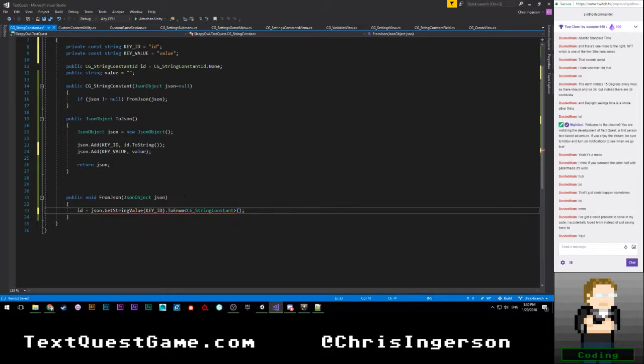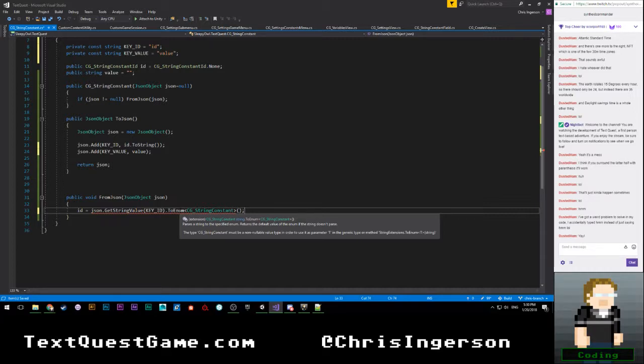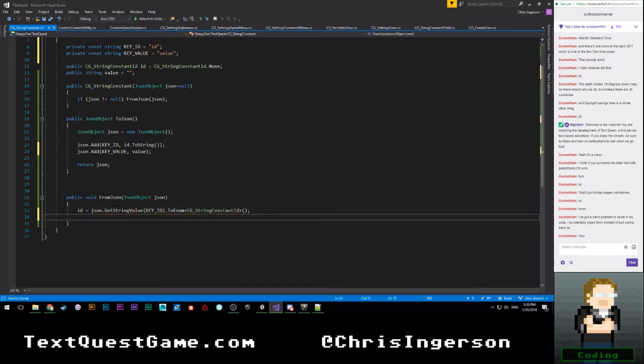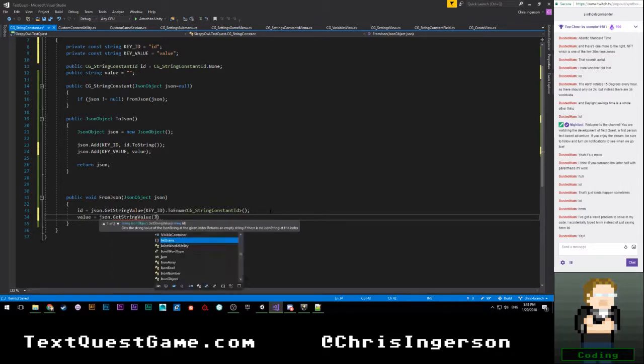Okay. Is non-nullable type. Oh, dang it. Autocomplete was wrong again. There we go. Then we're going to say value is equal to json.getStringValue at key underscore value.